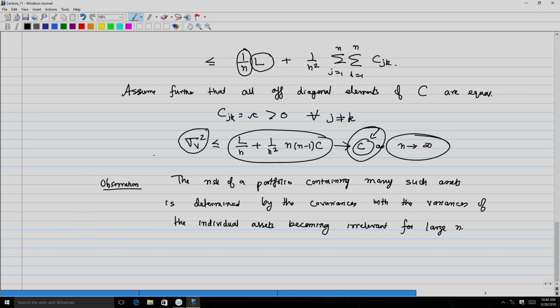So, what does this do? This example now motivates the distinction between two different kinds of risk,